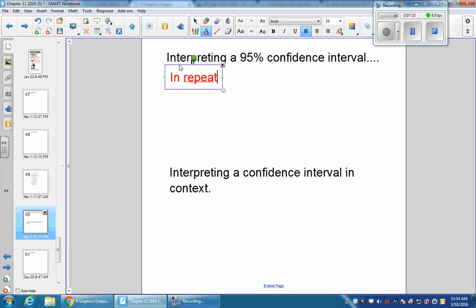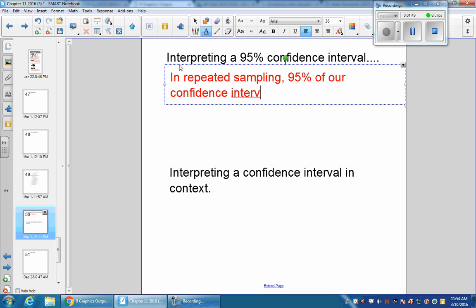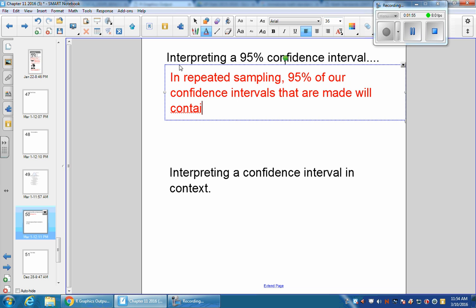So if we repeatedly sampled again and again, 95% of our confidence intervals that are made will contain the true mean or true proportion,